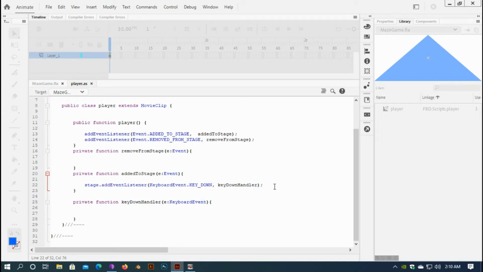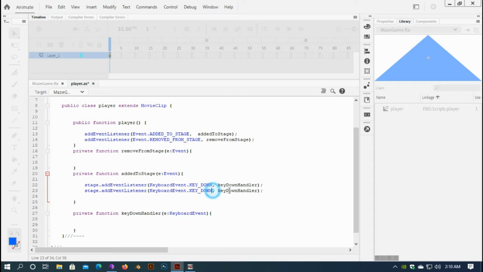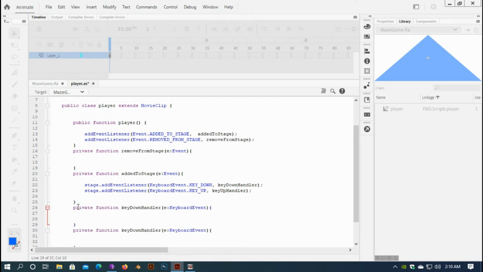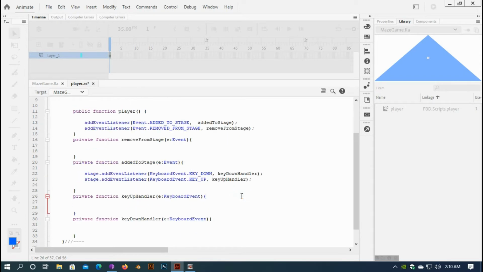So I'll copy this and change key down to key up handler, and change the function name to up handler, and then copy this function too and paste it here, and then change the function name. Okay, and now